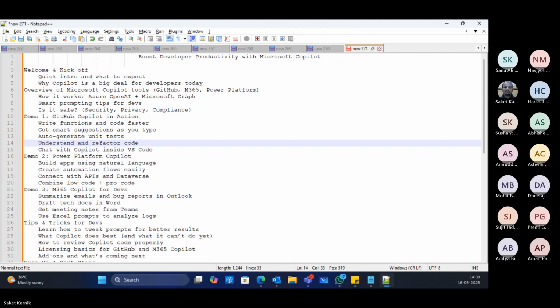To make it natural language based, it uses LLM models, or large language models, behind the scenes to understand your request and provide intelligent responses or assistance as per the need, including summarization of the information that is coming in.